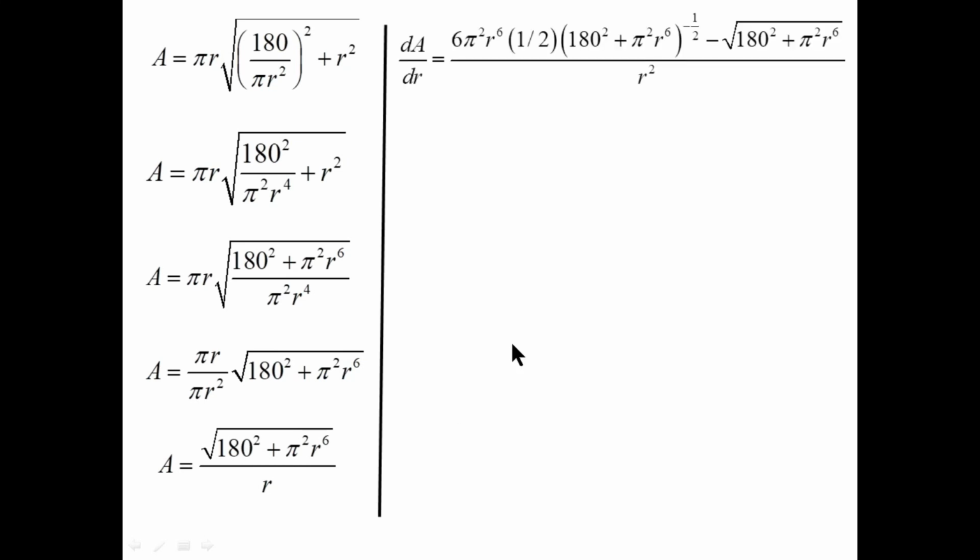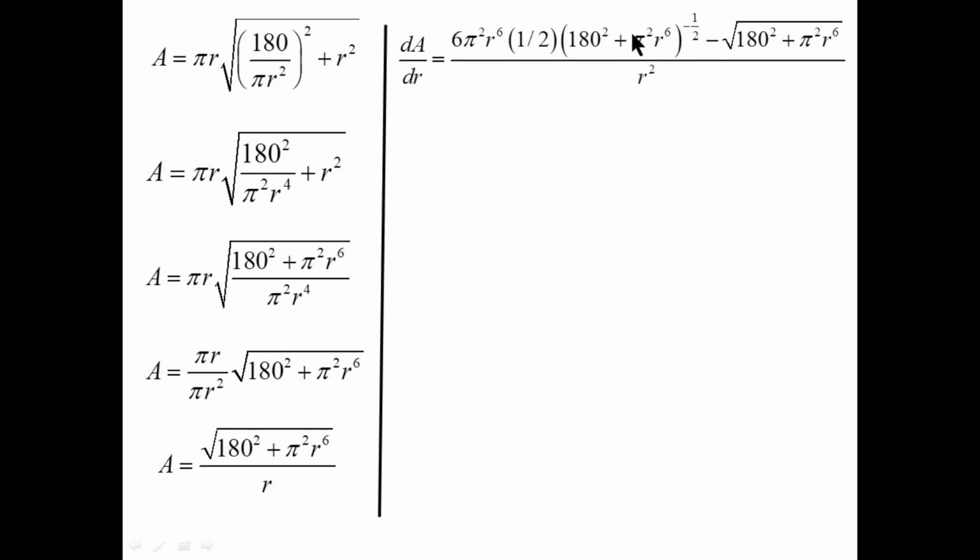Let's try it. Using our quotient rule, it will be top thing prime times the bottom thing, minus the bottom thing prime times the top thing, over the bottom thing squared. So let's check it out then. dA by dr. Top thing primed. Well, within this term, we have 1/2 of 180 squared plus pi squared r to the 6th, to the minus 1/2, times the derivative in here,